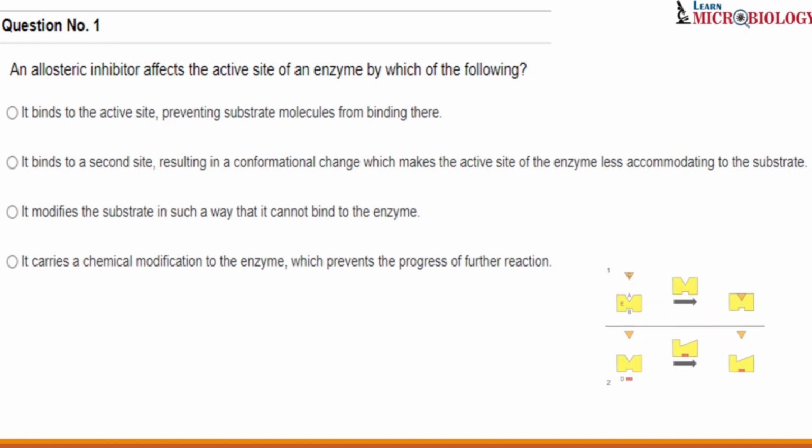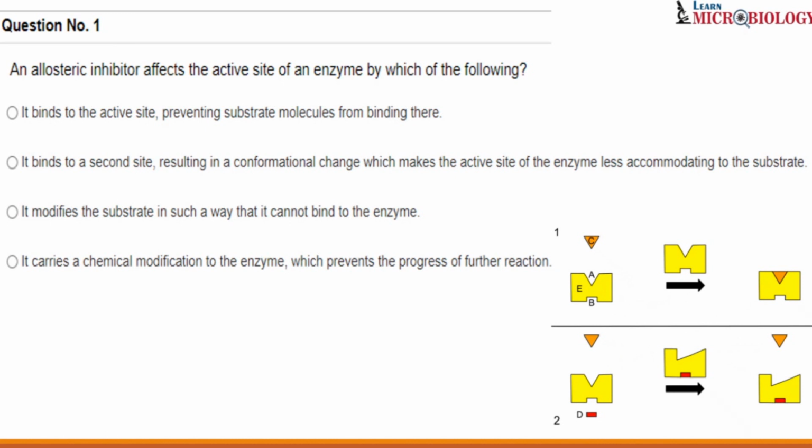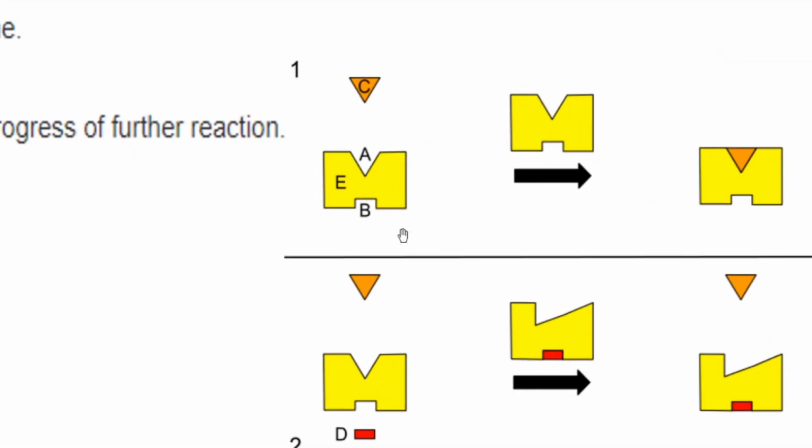If you don't remember, I am going to take you for a quick revision with this particular figure. Can you see this? I will zoom it for you so you can see better. Okay. So all these geometric shapes are just representations of our enzyme. This yellow one is our enzyme, and this orange triangle is our substrate. As we know, whenever our enzyme has to bind to the substrate, it binds at the site called the active site. Once this enzyme and the substrate bind, this is how it looks, our enzyme substrate complex, which will later form the product.